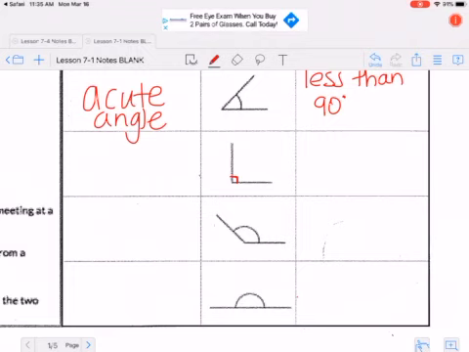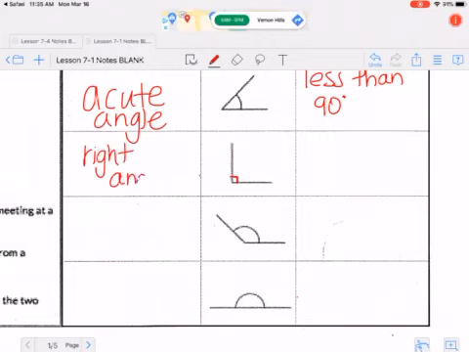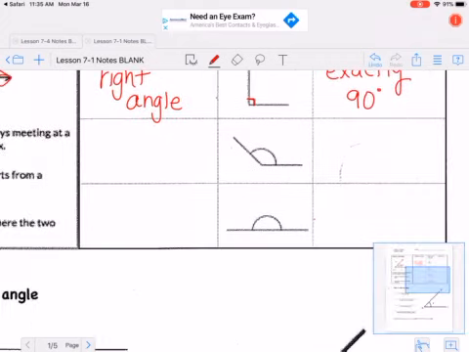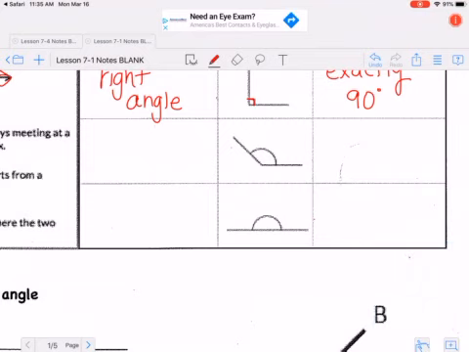Okay, our next one, as you can see, it has this little box. That little box in the corner means that this is a right angle. So the description word that would mean that it is exactly 90 degrees. Okay, our next angle here, as you can see, it is bigger than 90. It is not smaller than 90. It is actually greater than 90. So this is called an obtuse angle. So an obtuse angle is an angle that is more